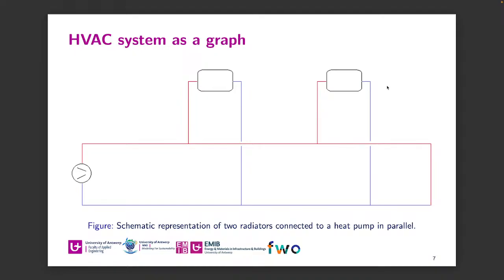So let's say we have a very simple system. We have a heat source, 2 radiators in parallel. Well, then calculating the mass flows comes down to looking at each section between those dots there, what the mass flow is, because we assume that the water in the system is incompressible, meaning that the mass flow in this part will be the same. Mass flow in this part will everywhere be the same. So we just need to calculate what are the mass flows in each of those sections.